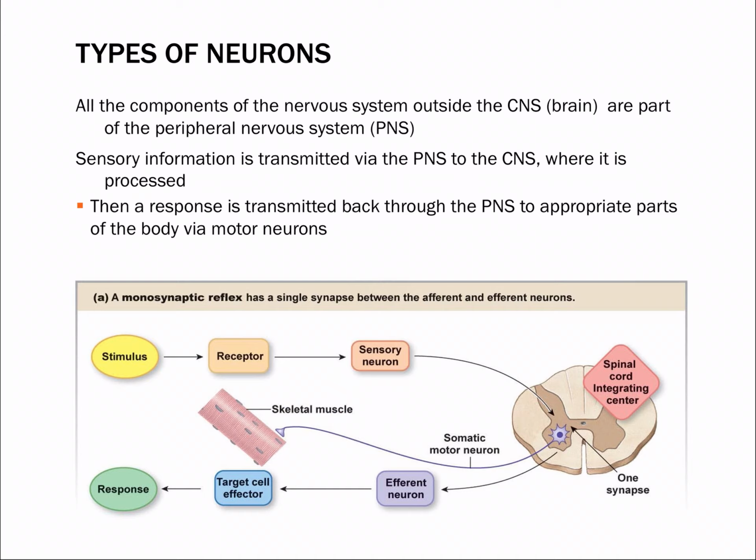There's a stimulus that occurs. Again, if we go back to the example I used earlier, the stimulus is the red light. The information is sent to the receptor in the eye, which sends the information to the afferent pathway in the sensory neuron. Okay, so actually, not a great example because this would be using the brain. The spinal cord is shown here. So let's scratch the